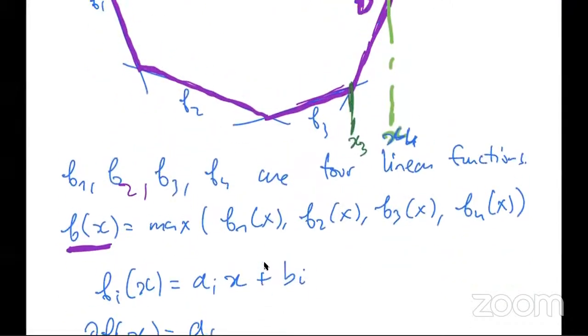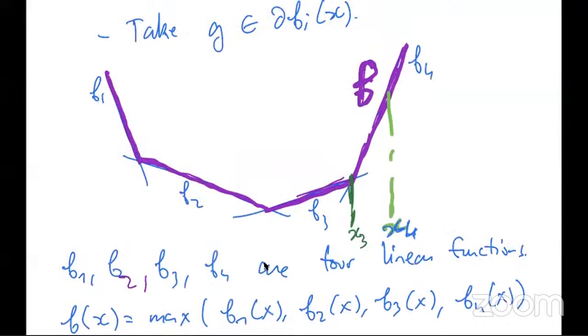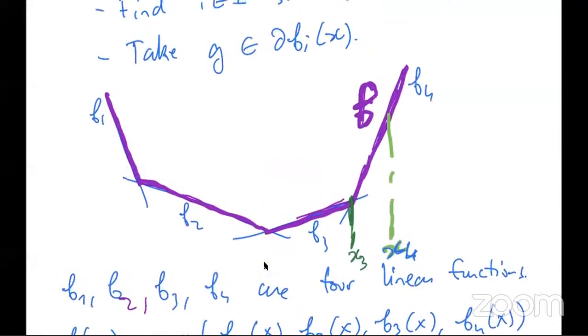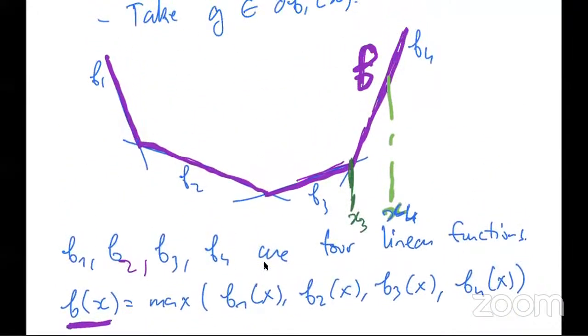if this is another point, let's say I call it x3. So here at the point x3 there are 2 functions that are active. f3 and f4 have the same value at x3, so I can either choose as a subgradient the slope of f4 or the slope of f3. And these are two valid subgradients. And in fact, anything in between these two slopes, so the convex hull of the two, is going to give me all valid subgradients. Okay, and so on and so forth. So I hope this is clear.